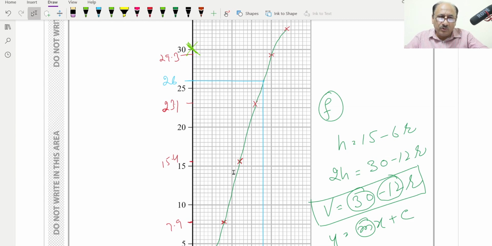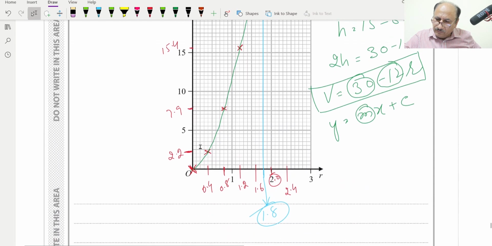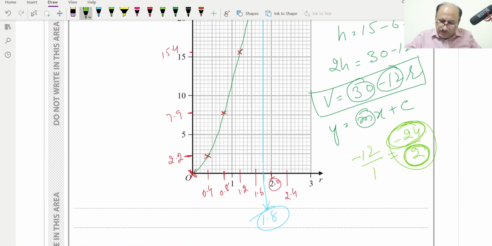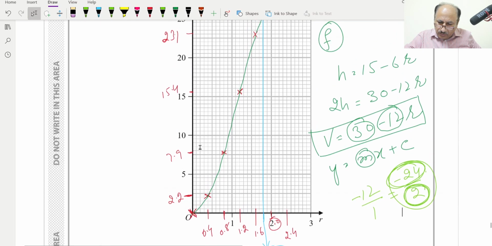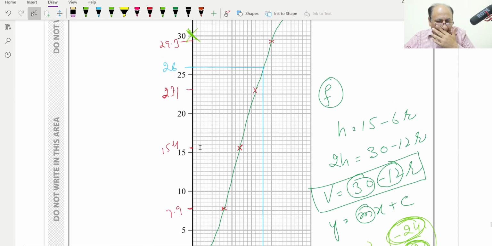So 24 units down and 2 units on this side. Like for example, the gradient is minus 12 over 1, or we can write it as minus 24 over 2. So minus 24 is the rise, and 2 is the run. So I am taking 2 units on this side, and 4 units this side. Basically, from 30,